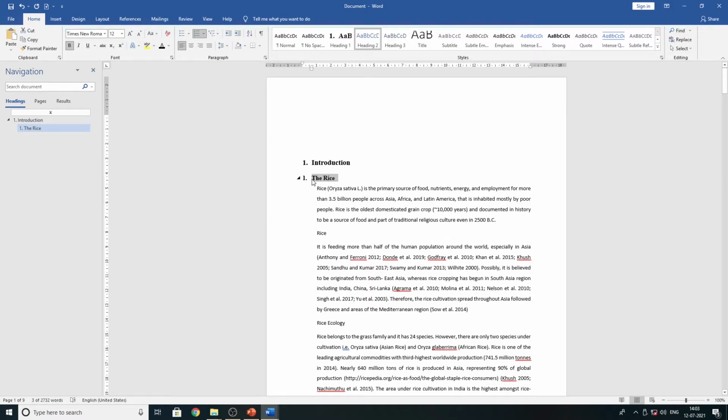And now I'm going to see the 1, but this is heading number 2. For that purpose, at the end of this text, left side, I'm going to hit one tab. Sorry, it's not going to select. Select first.